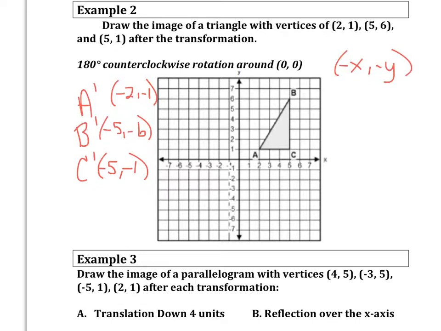So now let's plot those and make sure it does appear to have been a rotation. So A prime was -2, -1. B prime was -5, -6. And C prime is -5, -1. So now we'll connect those. And we see that the figure does appear to be the same, but it certainly has rotated. Okay, next,